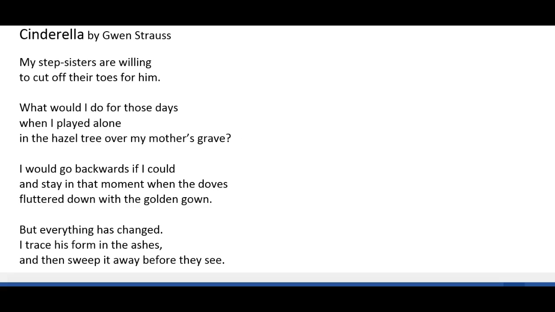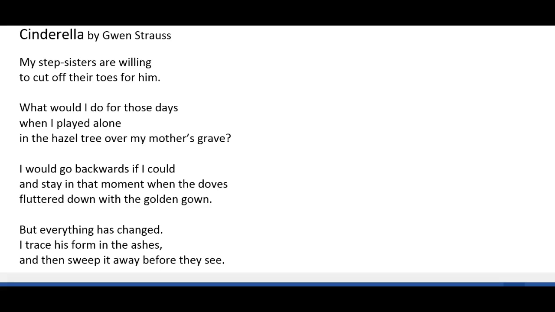Strauss's poem alludes to the popular children's fairy tale Cinderella. A little bit of background. The real Cinderella, written by the brothers Grimm, was a little more gruesome than the actual children's story. In the Grimm's fairy tale, sisters cut off their toes and parts of their feet in order to try to fit the shoe so that they could marry the prince. And so she alludes to that, or references that, in the beginning of the poem. We'll go ahead and read the poem and work with the allusion.